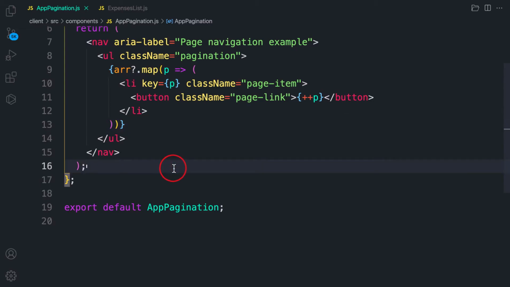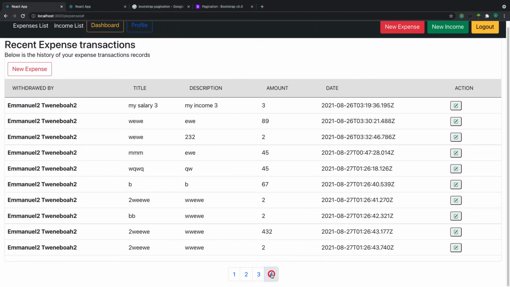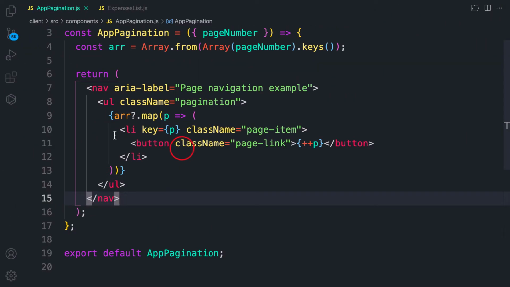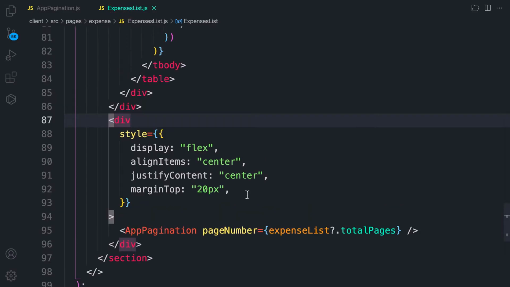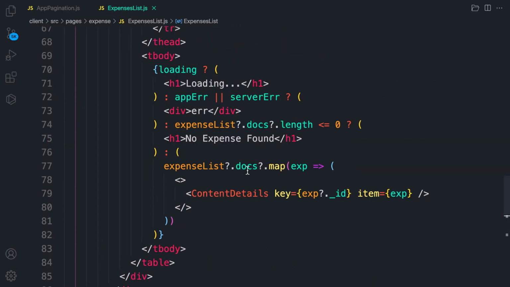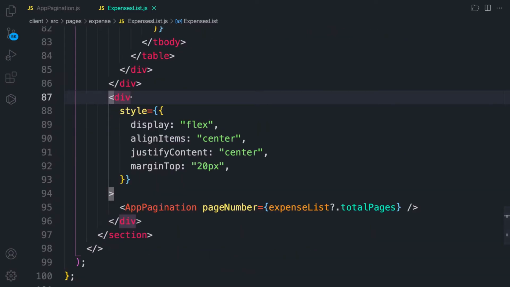So the last thing is that we're going to trigger an action. When you click on this one, you want to dispatch an action to fetch a particular page number that we have. So how can we do it? Now here comes prop drilling. Because we have one level of component tree, it's easy. This time around, we're going to pass in a function as a prop